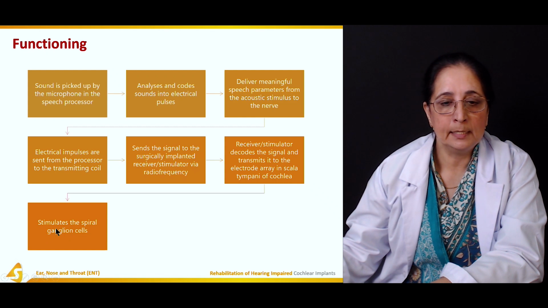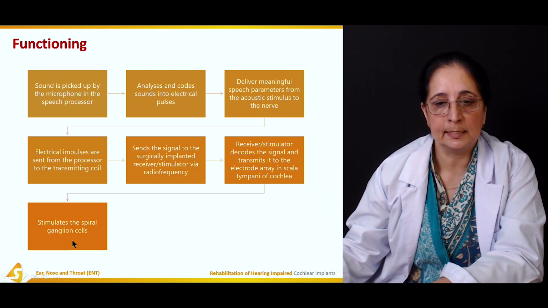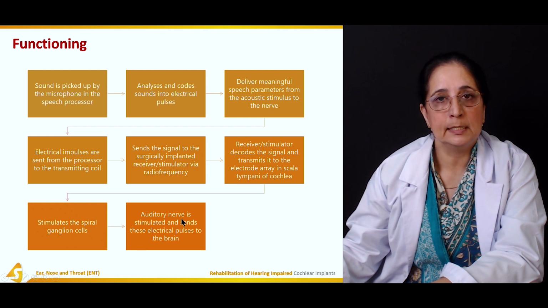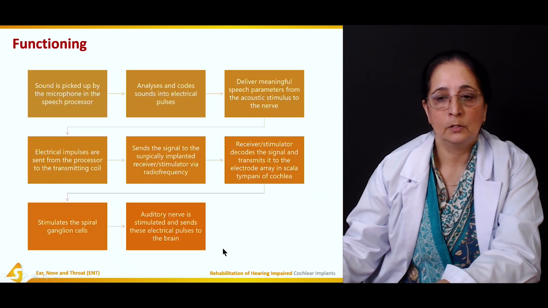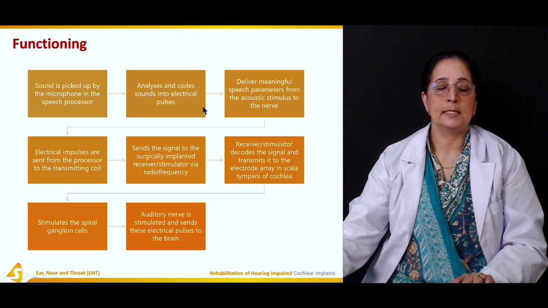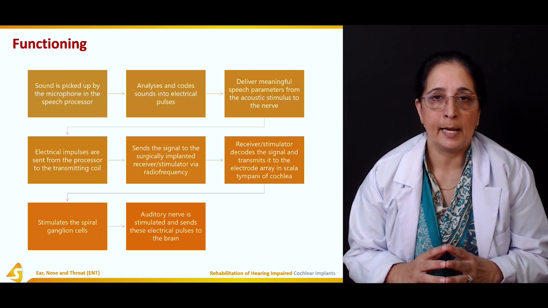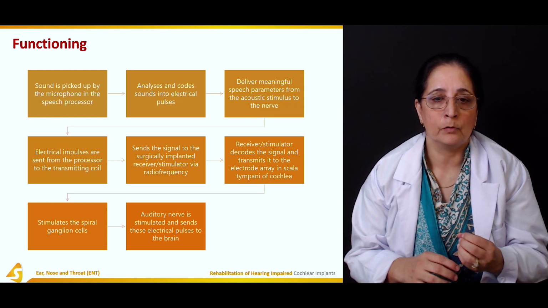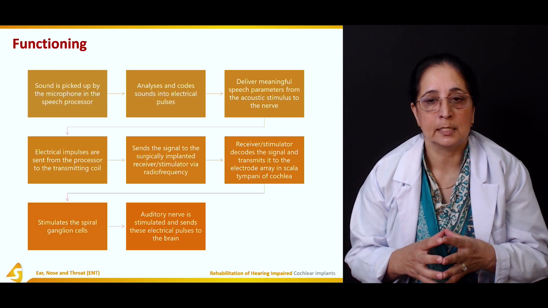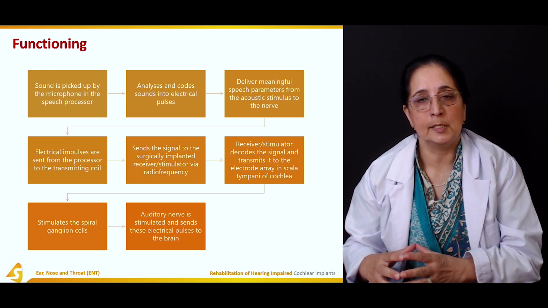From there, it stimulates the spiral ganglion cells. The auditory nerve is stimulated and sends these electrical pulses to the brain. So all these are the different steps of how the functioning of the cochlear implant occurs. The sound is picked up by the microphone, the speech processor. It analyzes the sound and sends the electrical pulses,